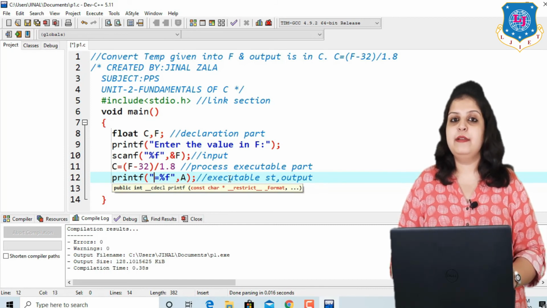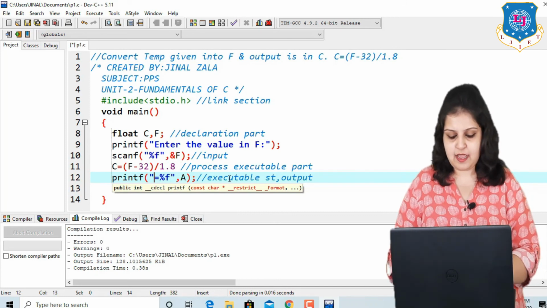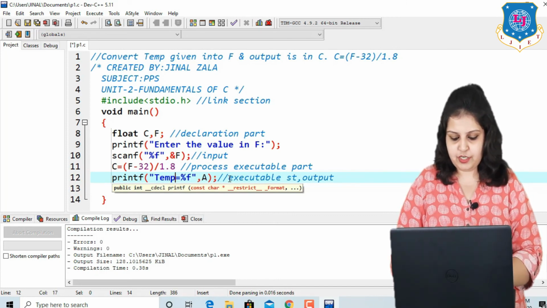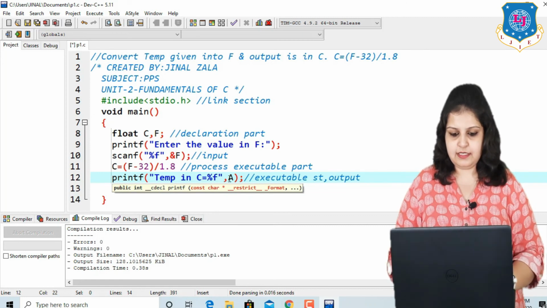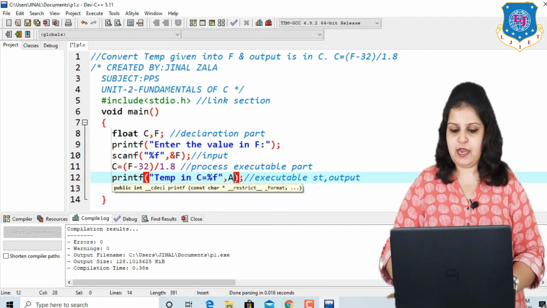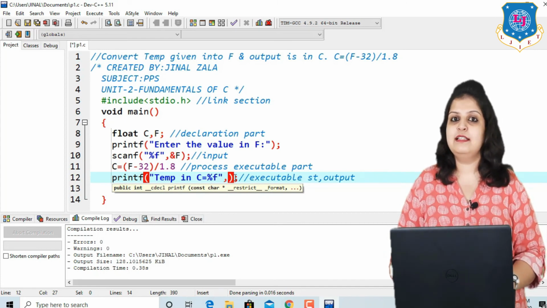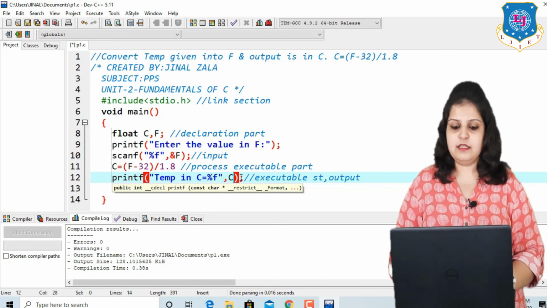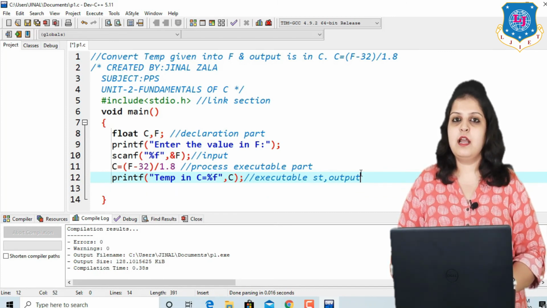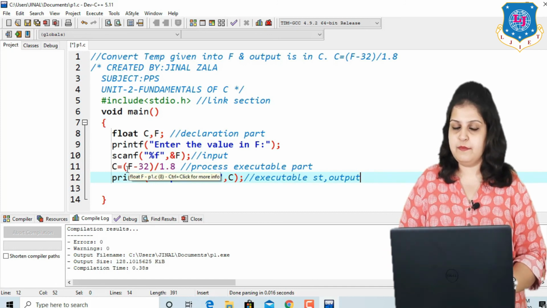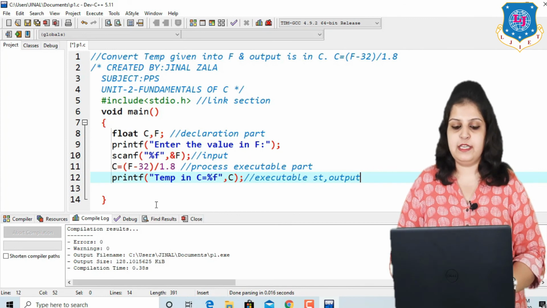But here I want to print the temperature in Celsius, that's why I am writing temperature in Celsius is equal to %f, and after a comma we have to write our variable name, and the output is stored in our C variable, that's why C. So this is our output. First we have to take two variables, then scan our input variable, that is temperature in Fahrenheit. After that calculate, that is stored in our C variable, and finally print the value of C.